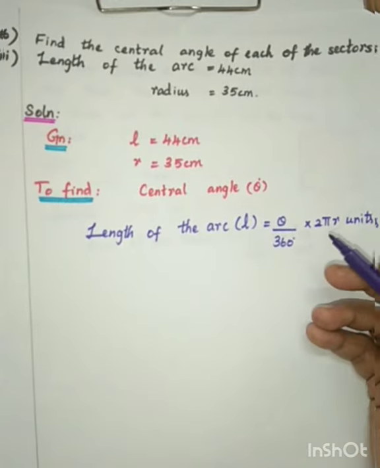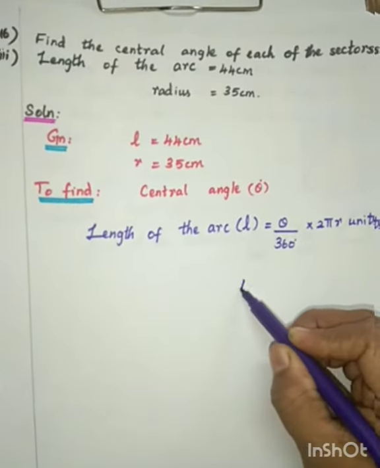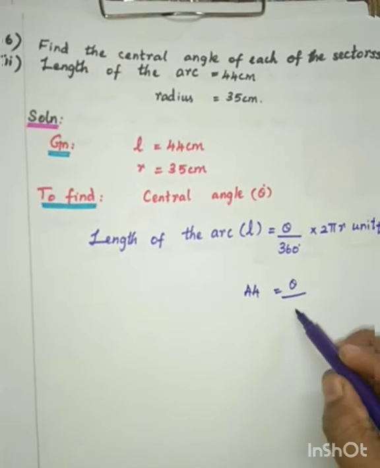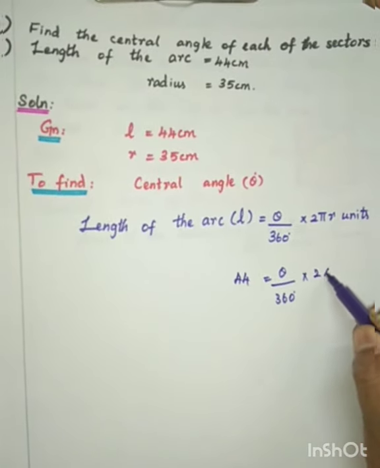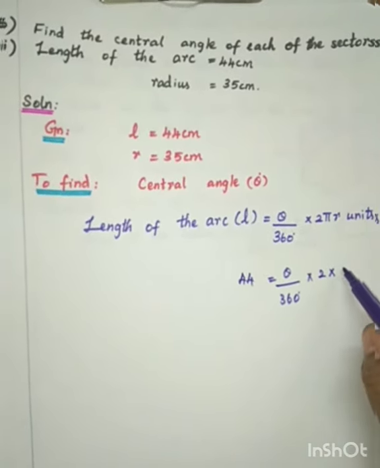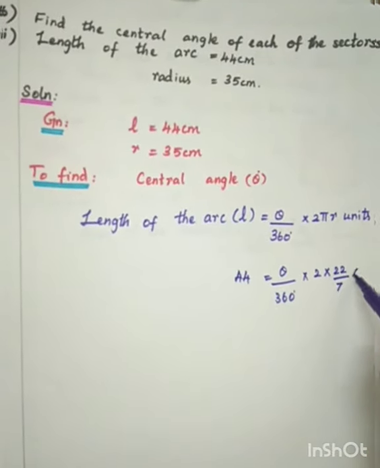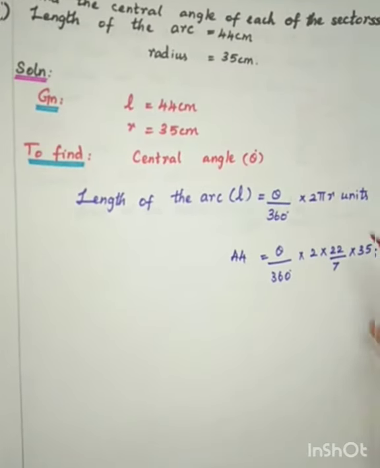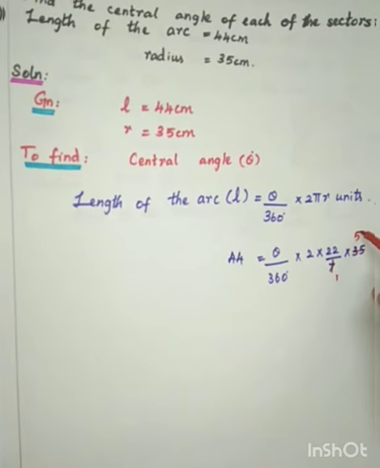So we can apply the values. What is the length of the arc? That is 44. So 44 equal to theta by 360 degree into 2 into pi value, which they have already mentioned in the question, 22 by 7 into radius 35 cm. Now we can cancel 7 and 35. 7 ones are 7, 7 fives are